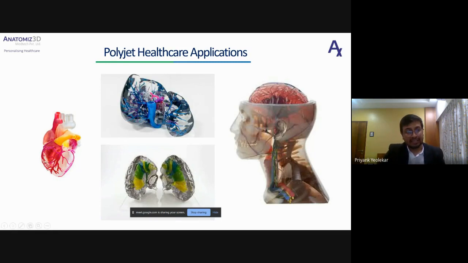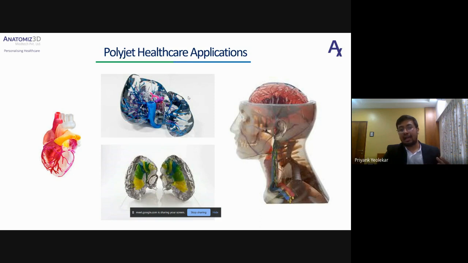As you can see here, this technology can also print in different colors. Again, around 16 million colors can be used to print your parts. One major advantage of this technology is that different materials can be jetted at the same time.